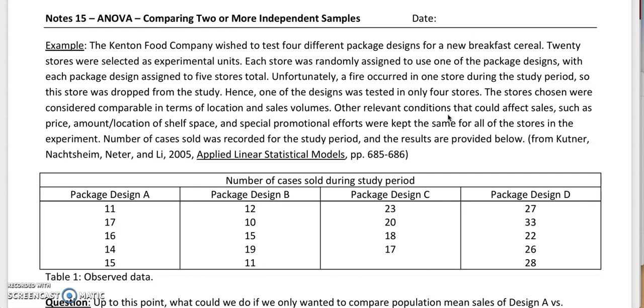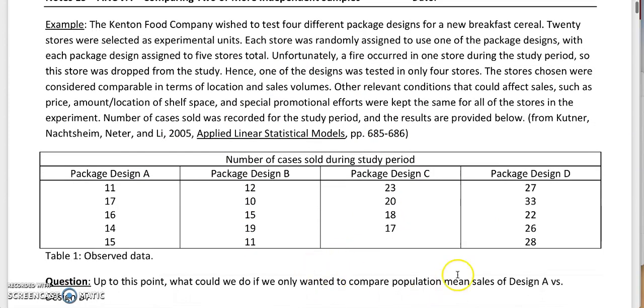One of the other things that they did with this experiment was they tried to make sure that the stores they chose were pretty similar in terms of things like where they were located, how much they usually sold, amount of shelf space and things like that, because they really wanted to focus on just whether the package design mattered, and not worry about all of these other things that might also affect how much cereal they sold. So you can see right down here, here's the data, and you might already be starting to notice certain things by looking at it. But we're going to take a step back, and first we're going to say, okay, well,